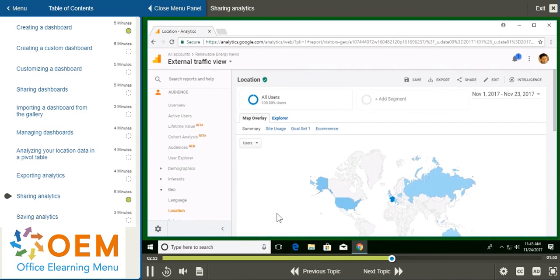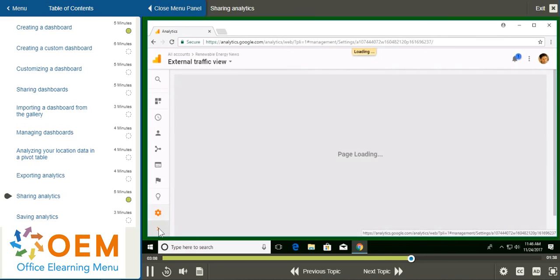Now, once you've shared your email, if you set up a frequency, you can manage your scheduled emails from your admin settings. To do this, I'm going to go to the left-hand navigation menu, and I'm going to proceed down to the settings gear located in the bottom left-hand corner. From your